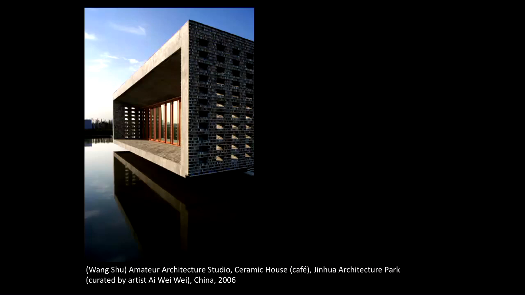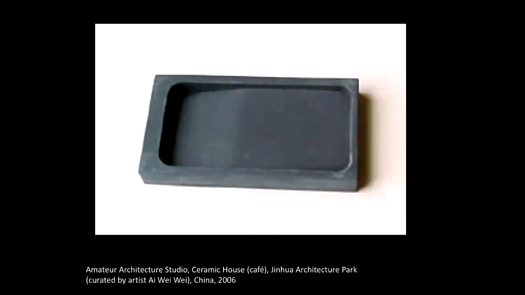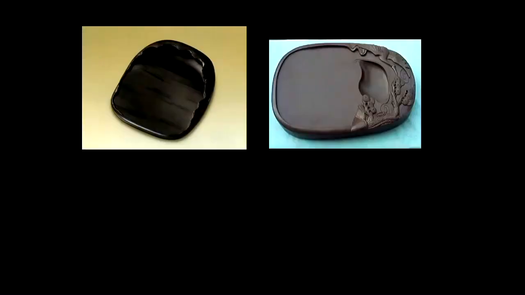And I didn't really notice almost all these case studies have the use of water here. But what Wang Shu was using as inspiration was this ceramic inkwell. He liked how it was all made out of one material, but that also the surface kind of sloped down. And he used that as a model for how he was going to create the form of this cafe. Also this idea of ceramics is a motif. So instead of having an actual designed detail, it's the material as a detail that is a motif throughout this.